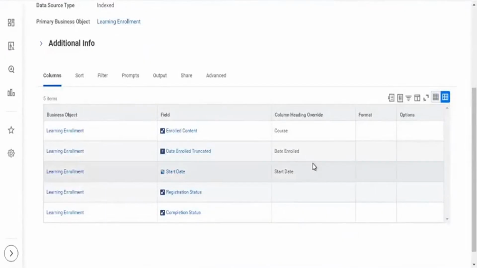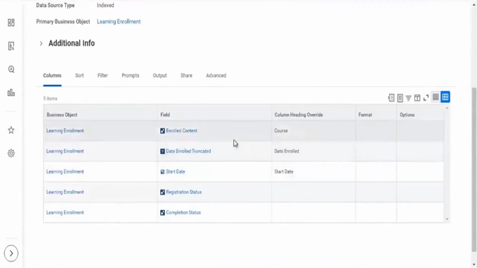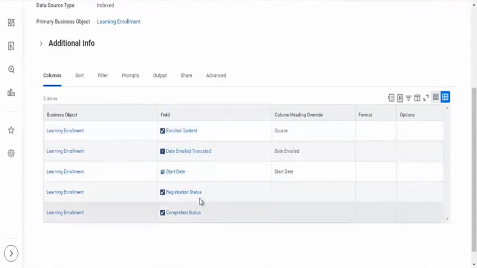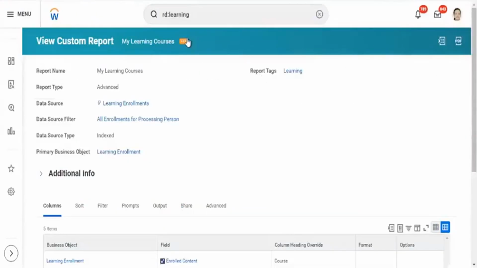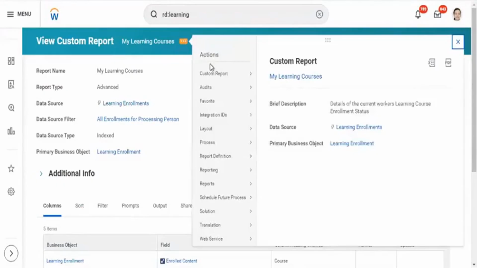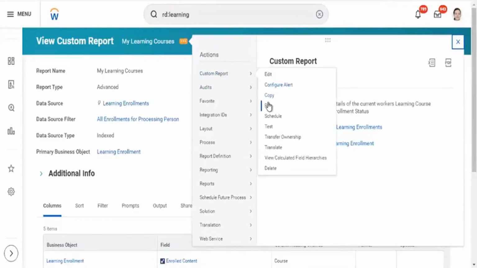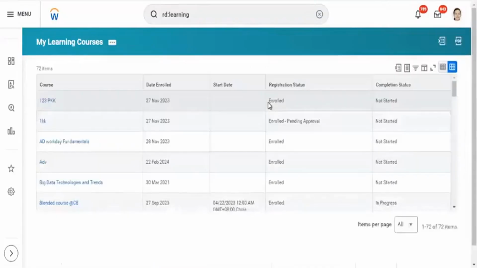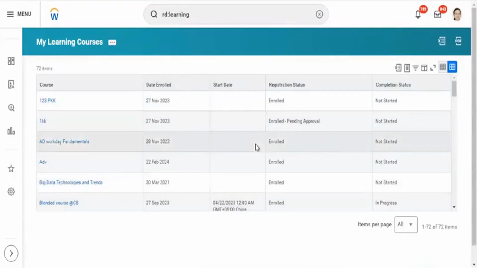What is the course that an employee has enrolled in, and the data for enrollment? And when the enrollment is going to start, when the registration status will begin, and when the completion status will be populated. All this basically will be given. Not employees; Learning Administrators can run this and identify what all the courses are there, and when the enrollment has been completed, and what the start date, registration date and completion status are. You'll be seeing all the information that you will be requiring.